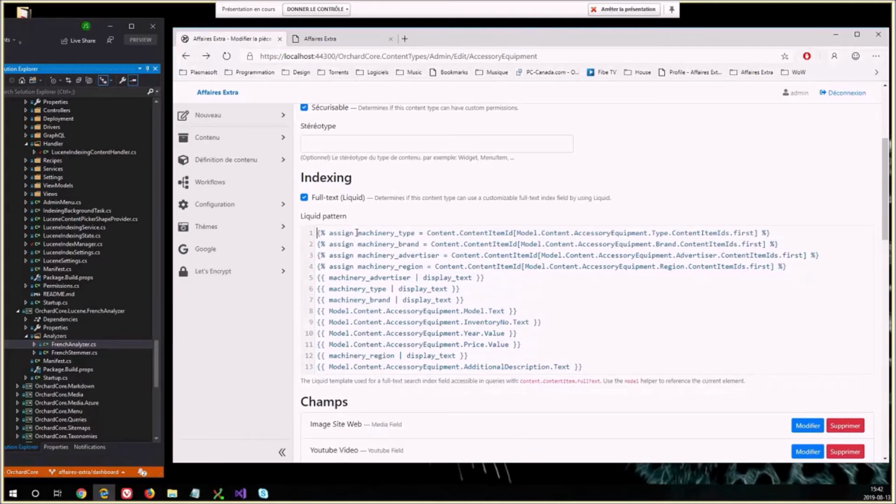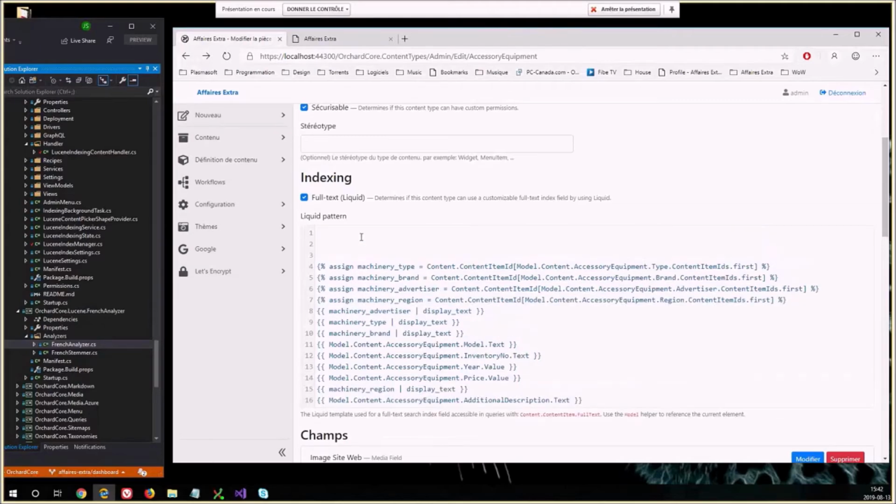Yeah, the way I see this is that you could add more indexes, more fields. And decide what you want. I see, but with the same technique. Yeah, because this one is using the content item index handler, which is called every time a content item is indexed. And what we want to do also is to be able to provide some JavaScript to return custom index fields. So if you add some JavaScript, so okay, go on, write some JavaScript in the template, and the JavaScript convention could be to return an object with each property being a new field.